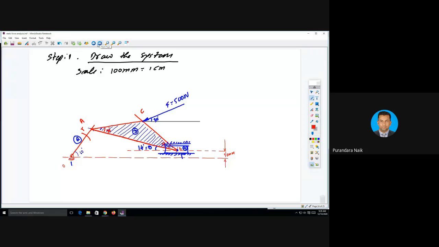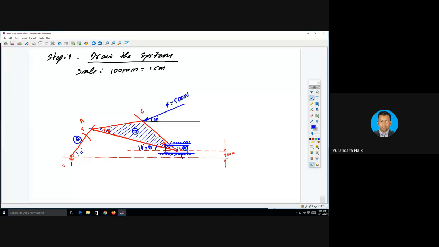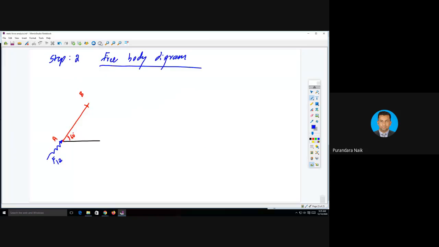Now, free body diagram for AB. Here, point O is connected to link number 1. There is a force by link number 1 on link number 2. I don't know the direction. I don't know the magnitude. That's why zigzag line. This is F1,2, the force by link number 1 on link number 2. Next, here link number 2 and 3 are connected at point B, sorry, A. So the force acting on A,